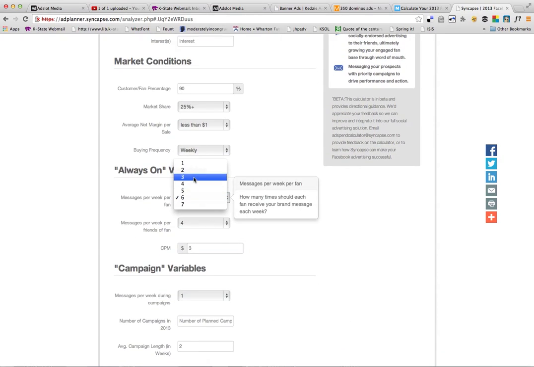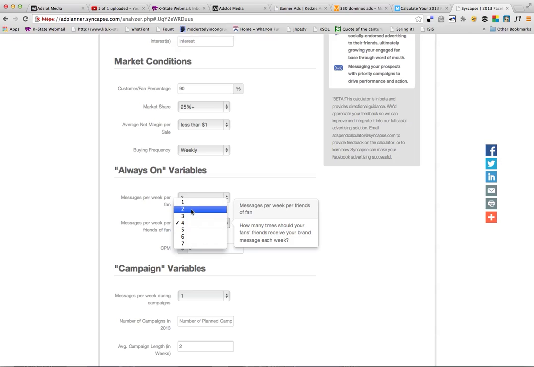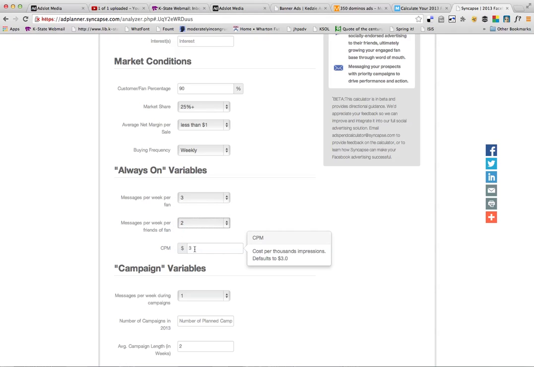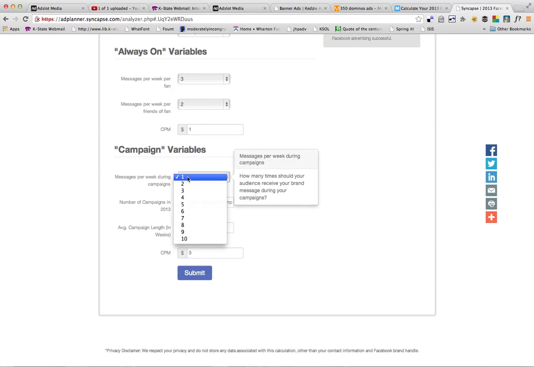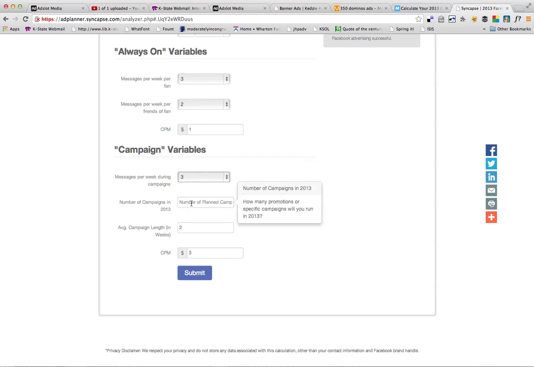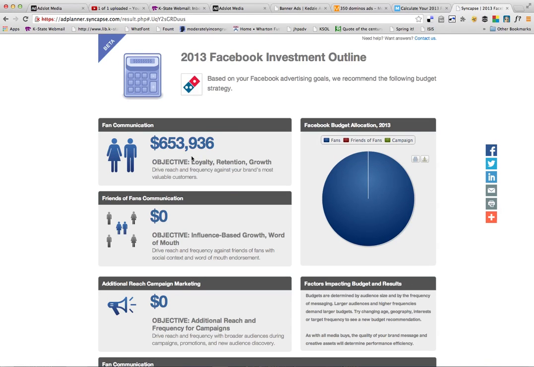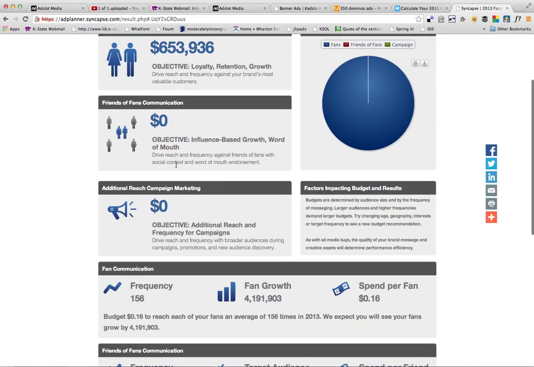We're going to go back though and say we're only going to try to reach people 3 and 2 times a week, and I'm not willing to spend $3. I'll do whatever I can for $1. Messages per week during campaigns, let's go ahead and bump that up. Number of planned campaigns, 6. 2-week campaign, sure. I'll still go back here and only say I'm willing to spend $1, and let's see what it says. This time it's asking us to spend $653,000,